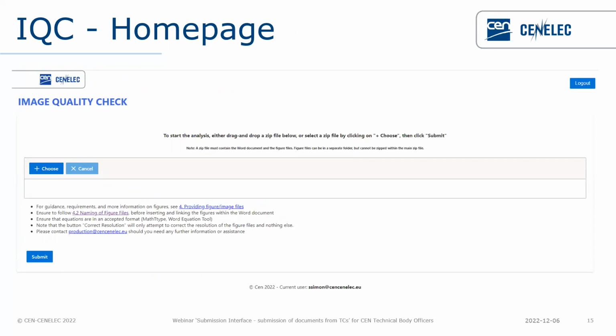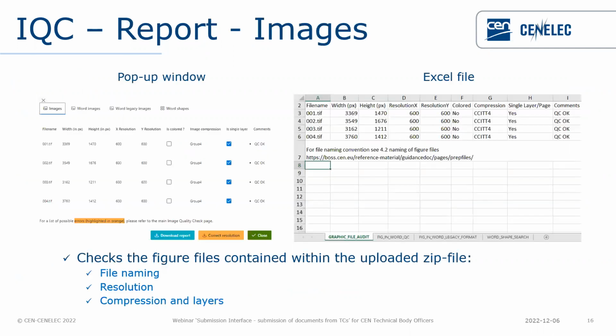So this is the homepage for the IQC. Pretty straightforward. The only thing that needs to be uploaded is a zip file containing the Word document and the figure files. So you can either drag and drop, or you can choose the file through your device and then click on Submit. Once you have clicked on Submit, it will analyze the file, and you will have a pop-up